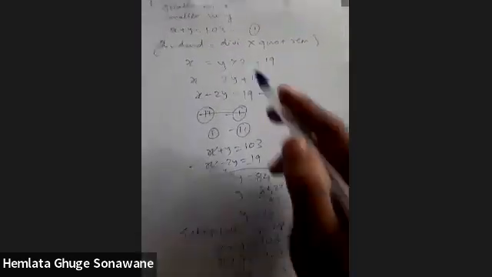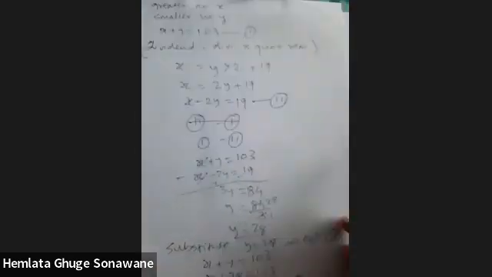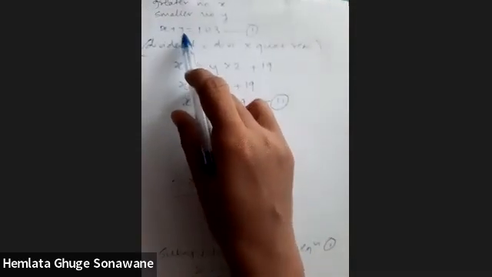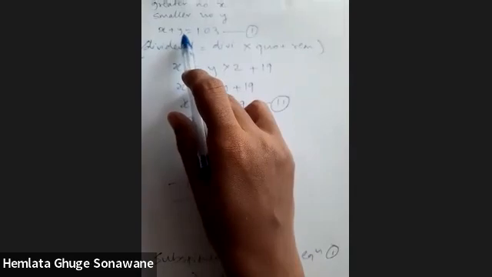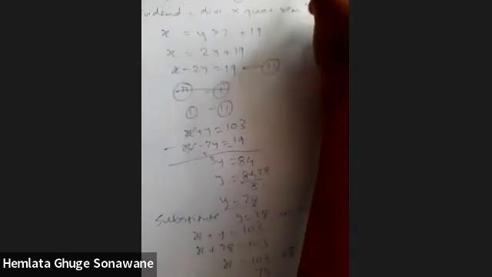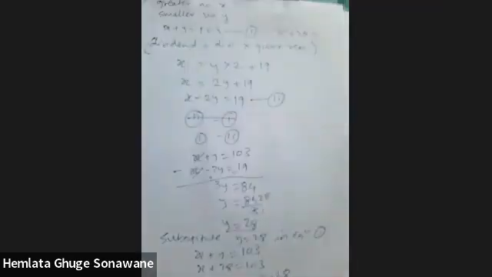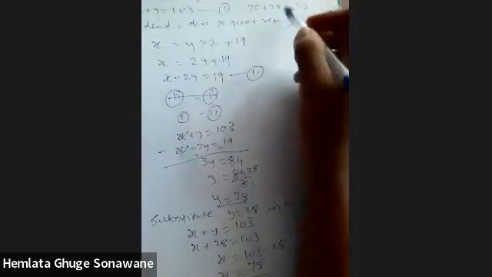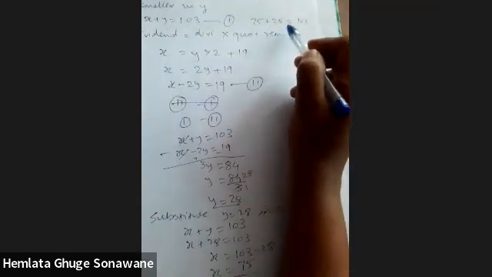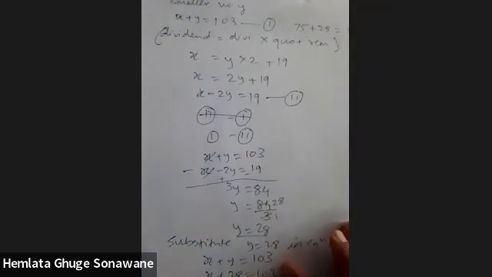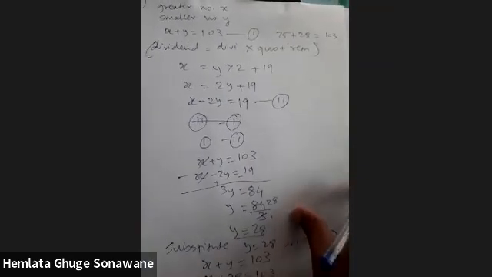This we can check in the equations we have formed with the help of the conditions given. The first equation we have formed is that the sum of both the numbers is 103. So we have got x as 75 and y as 28. So 75 plus 28 is 103, which means x plus y is equal to 103. We have put the values of x and y and we have got 103 as the answer. It means whatever we have got is correct.